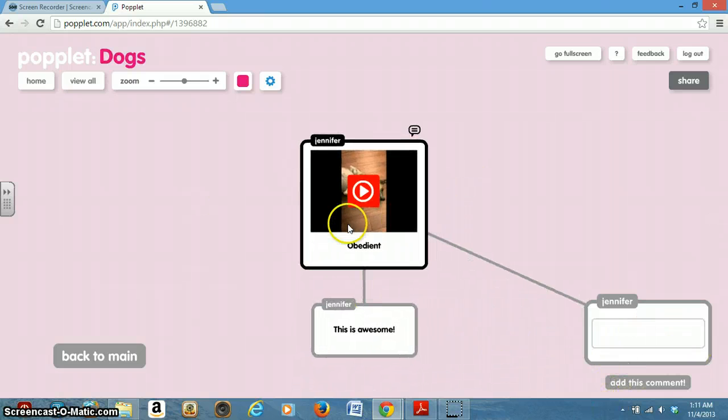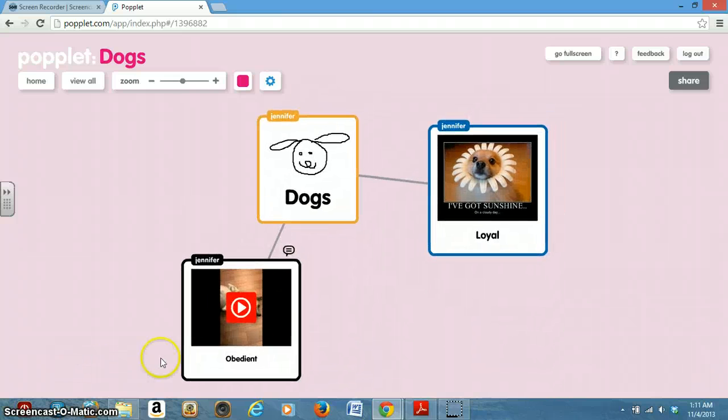And you can create several other comments. And then once you finish adding comments to this one particular subcategory, you can click on go back to main, and then it takes you back to the main base graphic organizer. Okay. And that's just kind of how you would use this tool to create graphic organizers